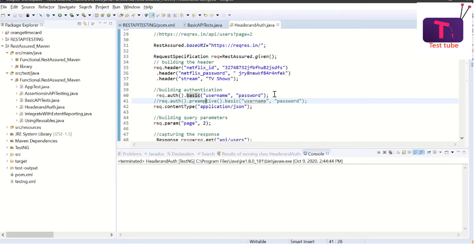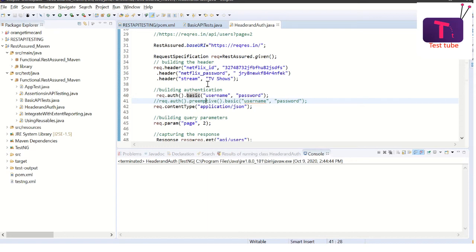Let us take it in two steps. When a request is sent to the server, if the server is looking for authentication, as step one it will say that it is looking for authentication, and if there is none, it will return a 401 error, which is authentication failure. That will be step one.